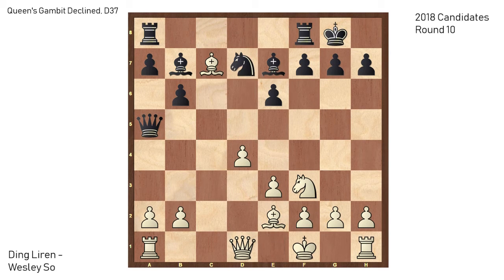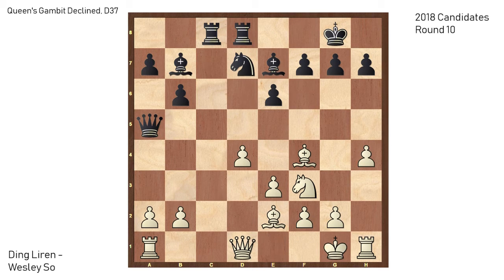Knight to d7 by Wesley, developing his knight, h4, an aggressive move by Liren, starting a kingside attack, but it's not really going anywhere yet. Rook a to c8, chasing the bishop away, and it retreats to f4. Rook f to d8, developing the second rook to the semi-open file,